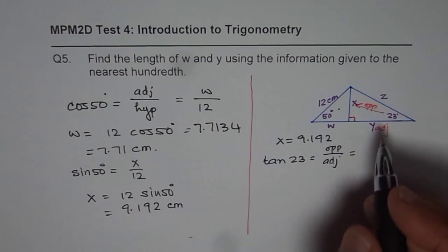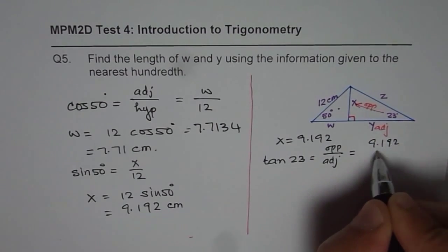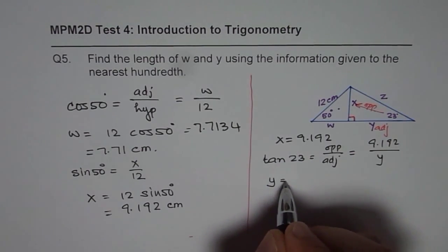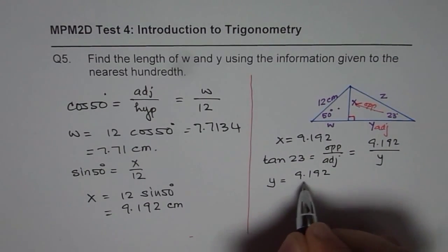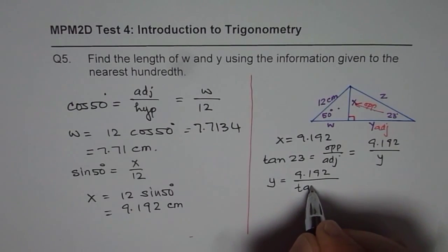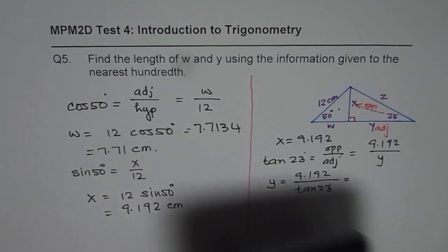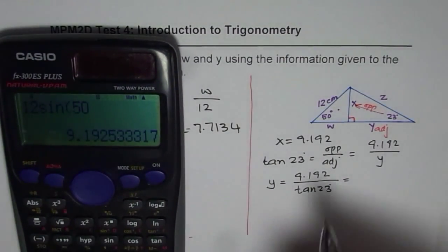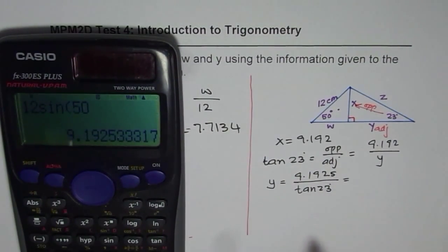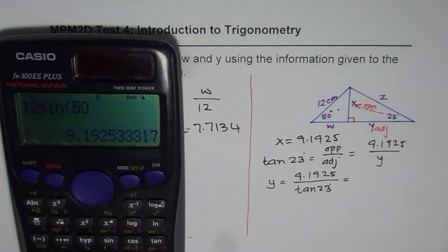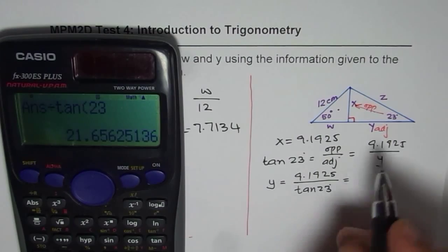X is 9.192 divided by Y. So we can find by cross multiplying. Y equals 9.192 divided by tan of 23 degrees, correct? We already have 4 decimal places here. It is better to use 4 decimal places for your solutions, right? So let me write 4 decimal places for X. Let's divide this by tan of 23 degrees. So that gives us